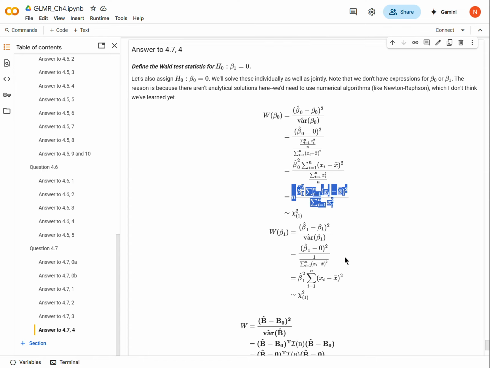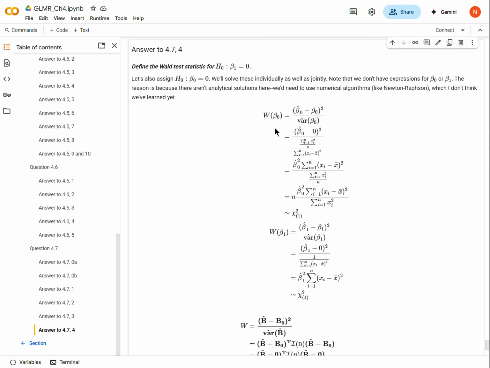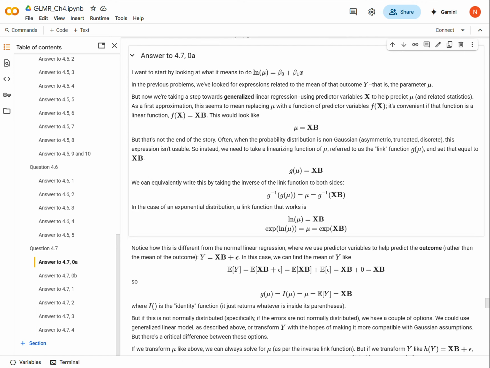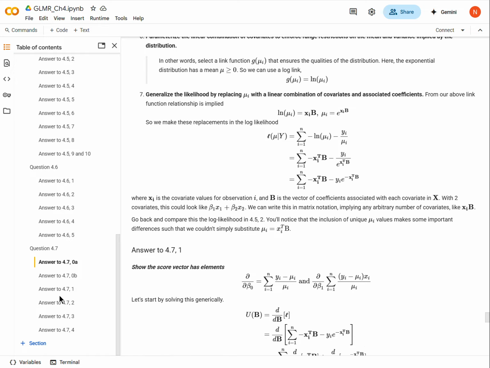Now, one thing to note is that in the past, if we were working with mu, we might have an analytical expression for mu, and that would be in here. But here we would have had an expression for our estimator for mu, but we've just put beta naught in there. The reason is, and this question doesn't really have a good place to address this, but it's because way back up here,